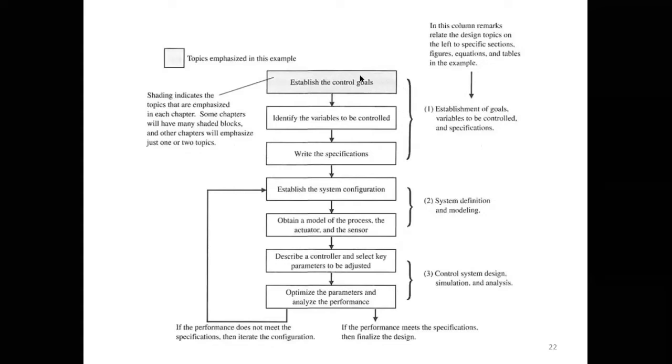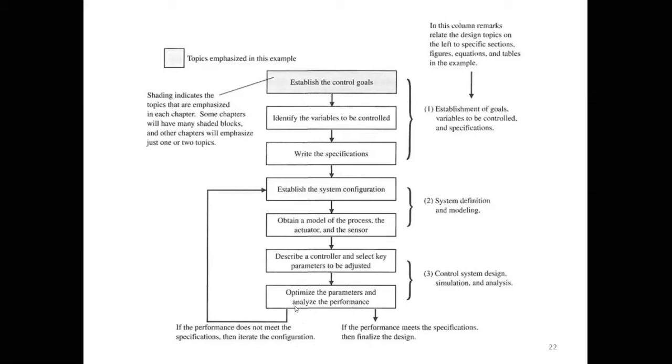That means, what is your goal? Identify the variables to be controlled. So you have to identify which variable you are going to control and write the specification according to the variable. Establish the system configuration and design the system. Obtain a model of the process. Describe a controller and select key parameters to be adjusted, which parameters you are going to adjust, and finally optimize